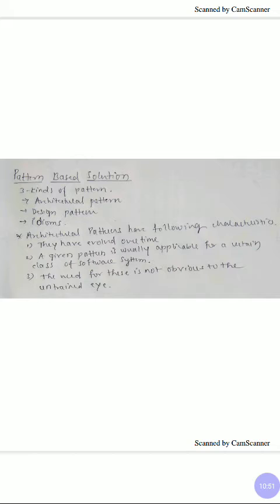Architectural pattern has the following characteristics. First, we'll see what a pattern is. A pattern is a solution template that addresses a recurring problem in a specific situation, or in simple words, we may call it a well-proven solution. We can use that solution for solving our existing problem.